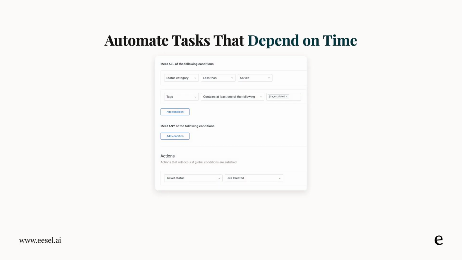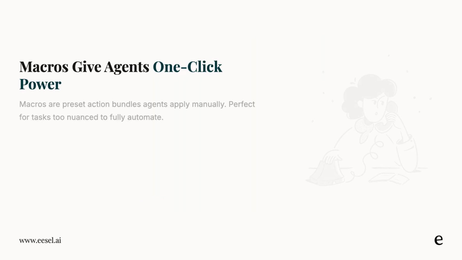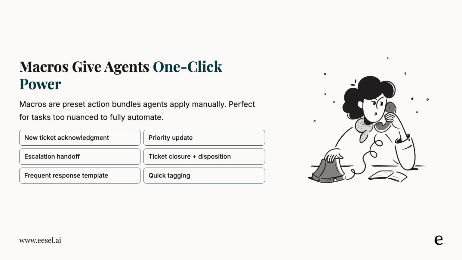For tasks that depend on the clock, automations are your tool. Set conditions using hours since created, updated, or solved, and choose calendar hours or business hours to match your team's actual schedule. Macros are preset action bundles agents apply with a single click, perfect for tasks that are too nuanced